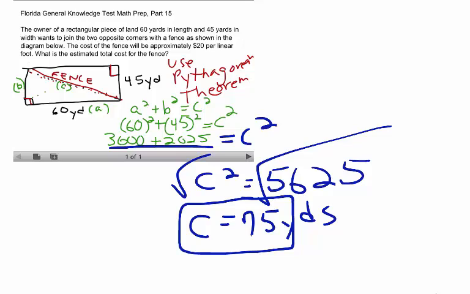But we're asked to find the cost of the fence if we know that the cost is $20 per linear foot. So we're going to have to make a conversion here. We need to convert 75 yards into feet. There are 3 feet in 1 yard. So if we take 75 and multiply it by 3,